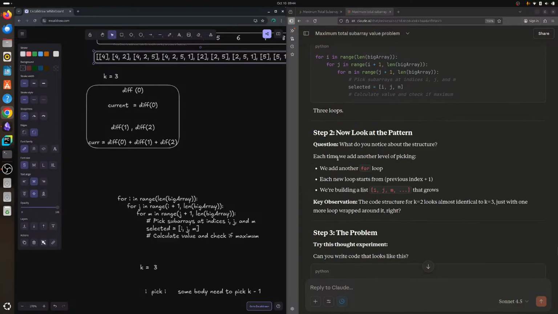Each time we add another level of picking, we add another for loop. Each new loop starts from the previous index plus 1. We are building a list ijm that grows. So in our problem, we also find out that for small arrays it is getting the maximum, but it is not exactly doing a brute force way. It is a wrong implementation we did in our previous part,